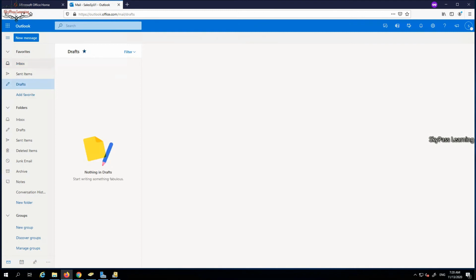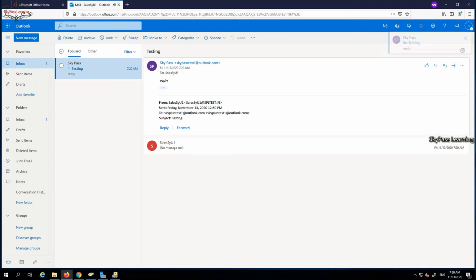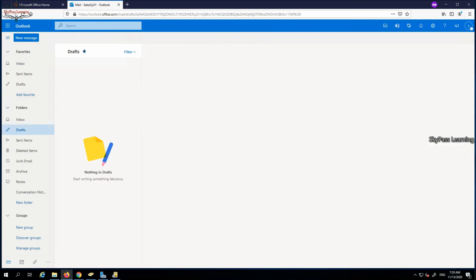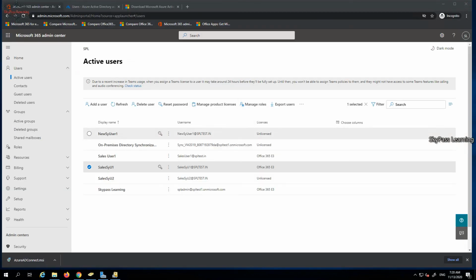Let me check on my account if it is there. Okay, I got that email and I'm replying to it. Once it's back in my account, okay, now I got that email. Once replied back, it's coming through. So all the features which I synced from my local account are working perfectly fine. You can see it here. Let me quickly log off this. I just created one user when I started this video, so this one is new. I created this a few minutes ago.